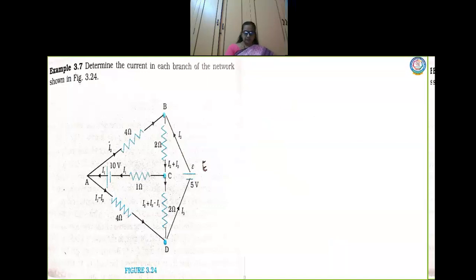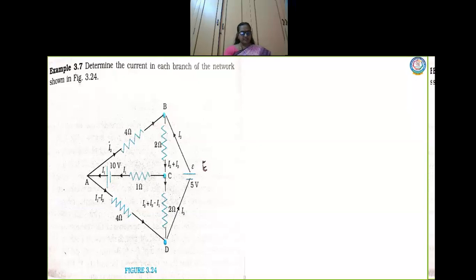So look at this network for 1 minute, then we are going into the solving part of it. Now look at the solution they have given. Page number 118, they have given the solution. Now each branch of the network is assigned an unknown current. Here this branch has got I2, this branch has got I1 minus I2, this branch has got I2 plus I3 minus I1, this branch has got I2 plus I3. Here also I3, here also I3. Now we need to determine the value of current in each branch of the network. So I need to determine the value of I1, I2, I3.